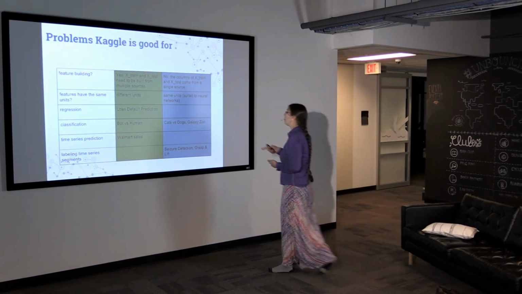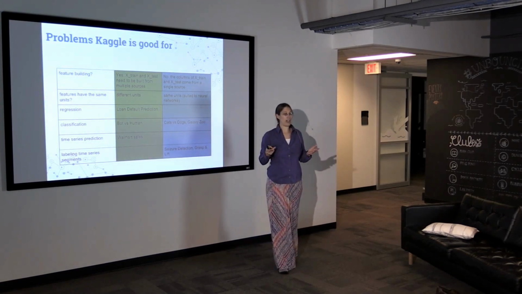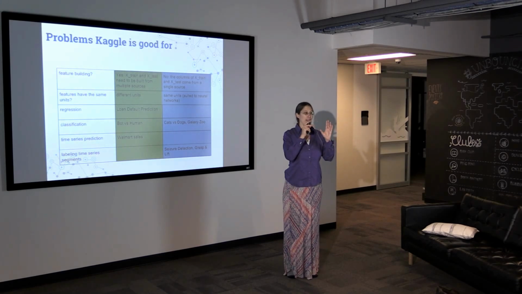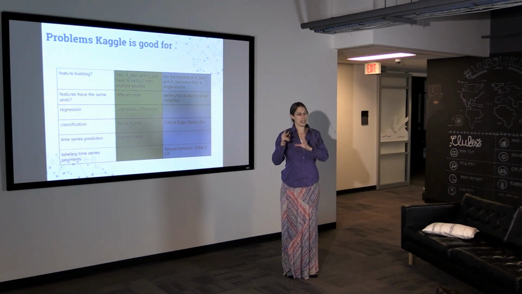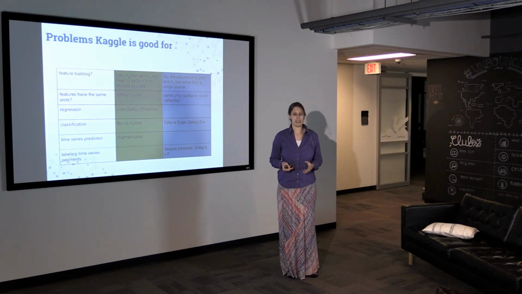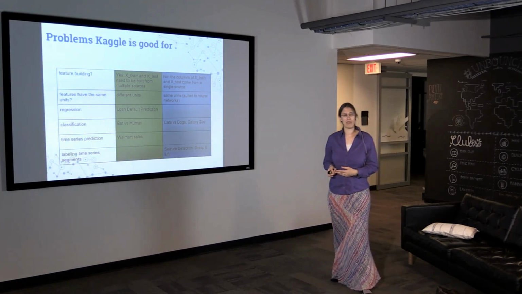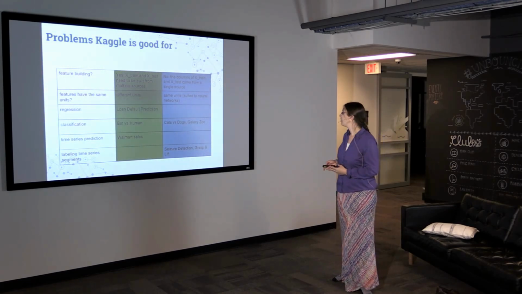Whereas if you have a problem where, for example, you're classifying images, then you have image 1, and you have one data element, which is the value of pixel 1, another data element, which is the value of pixel 2, pixel 3, and all the information is the same type. And I think that actually makes these problems more suited to a neural network approach.